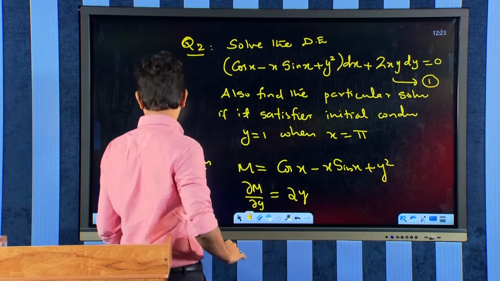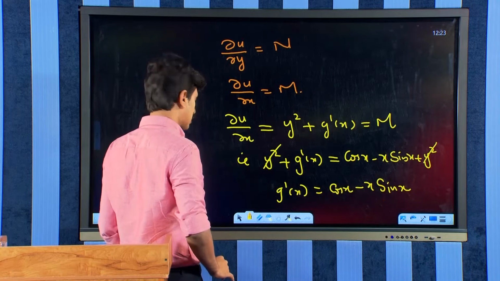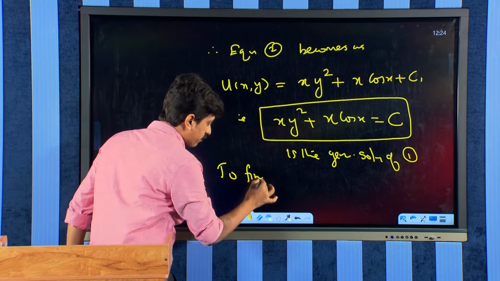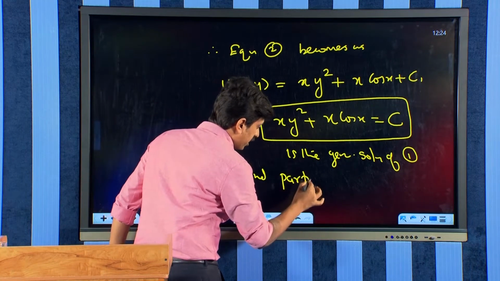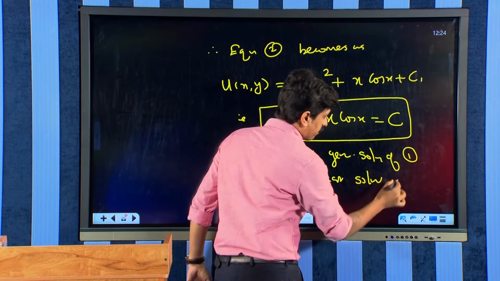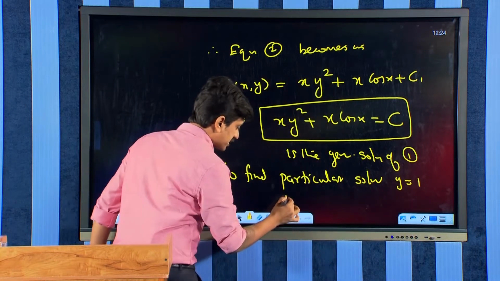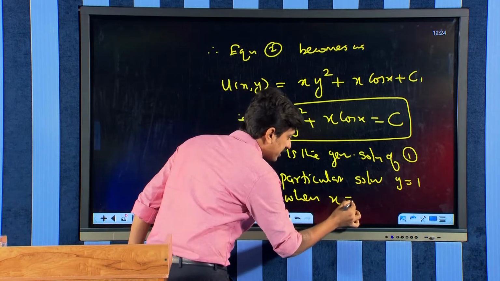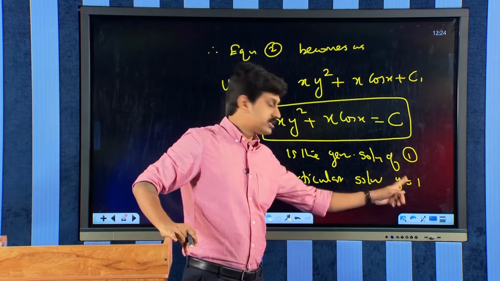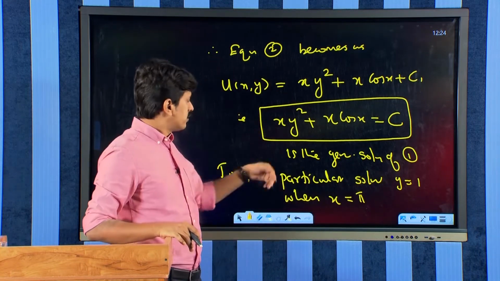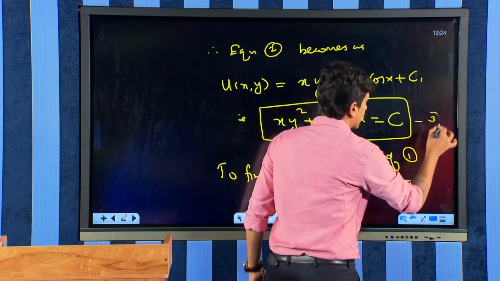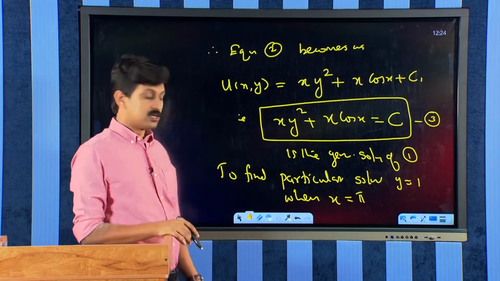So we can apply this here to find the particular solution. We have to find the particular solution whenever y is equal to 1 when x is equal to pi. So we just replace the values of x and y in this general solution, which I would like to call equation number 3. So, put in 3,